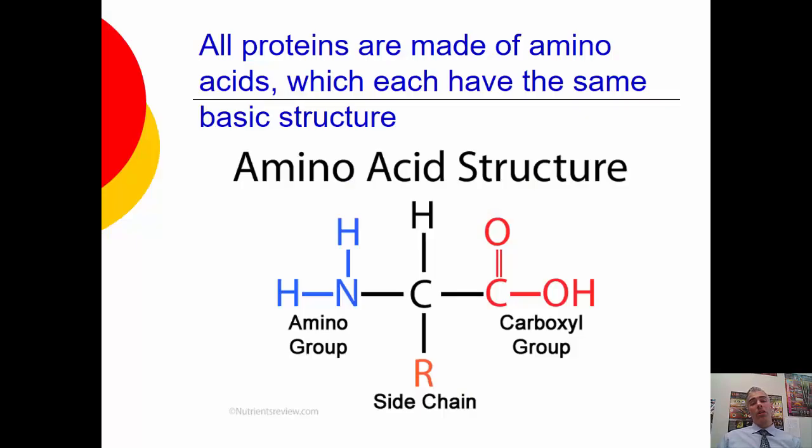So in order to determine a protein, you basically have to know first that it's made up of these things called amino acids. That's the monomer of a protein, amino acids, okay? And every amino acid has the exact same repeating structure with one exception. Every single one has an amino group, this NH2 group, then a carbon attached to a hydrogen here with this R group, which I'll talk about in a second, and then a carboxylic acid group on this side. So we look for this repeating over and over and over again. The only place an amino acid differs is at this R side chain. The R means it can kind of be anything, essentially, though there are only 20 different types that we care about in biology.